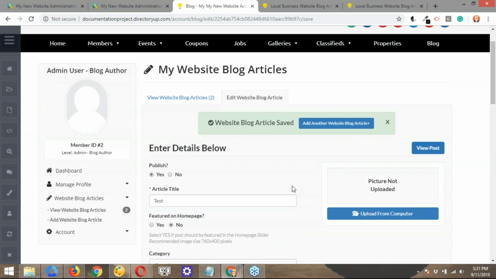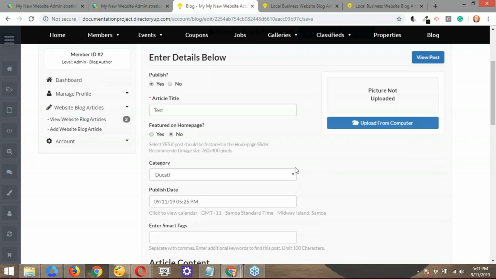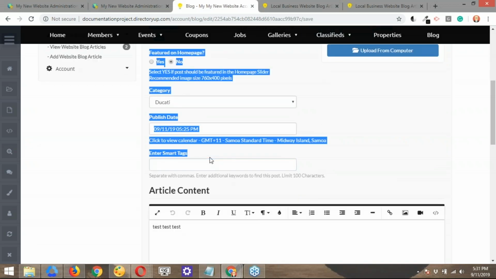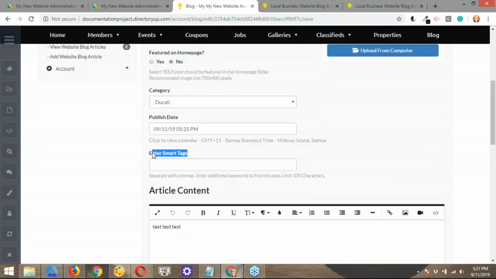If you give the member all the ability to add those categories, it's going to be very hard for you to control what they end up adding. People may tend to overuse this, or crazy things might happen. So the idea is you as the directory owner are the one that have control of what categories are shown on the drop-down. And actually, Catherine, to your point, members still have the ability to enter keywords, the smart tags.